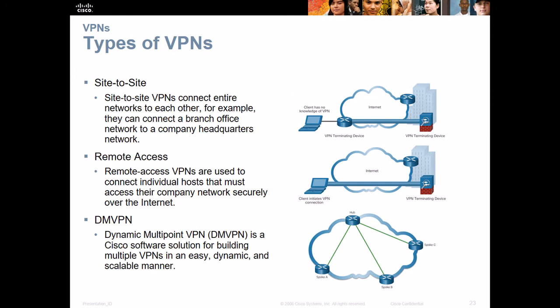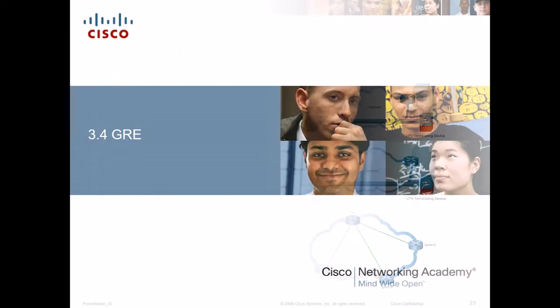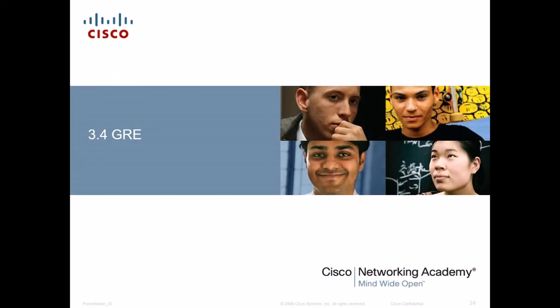So there are site to site, like I said, and remote access. You have dynamic multipoint VPN, which is a Cisco solution for building multiple VPNs pretty quickly. All you have to do is connect and it will just generate a VPN for you automatically. And the generic